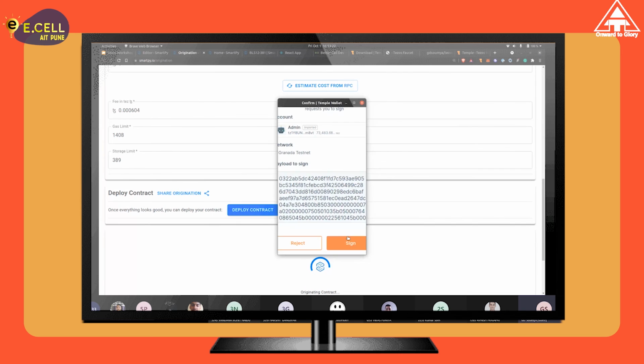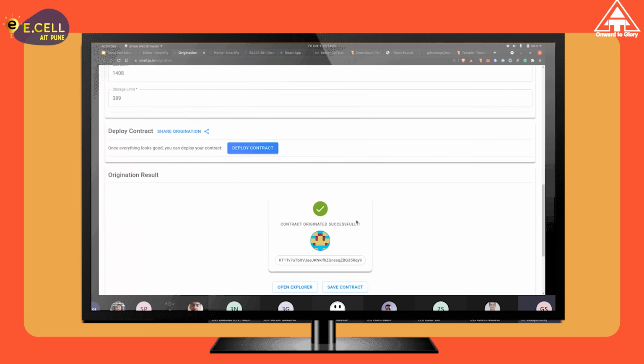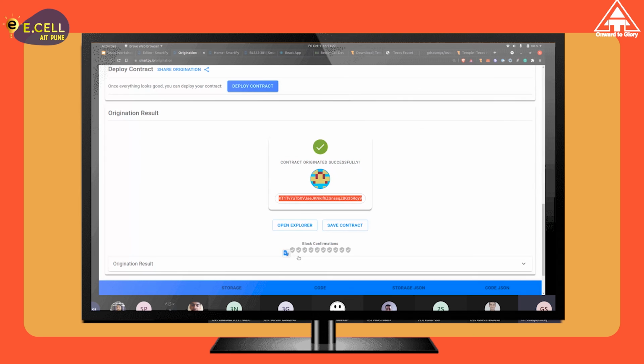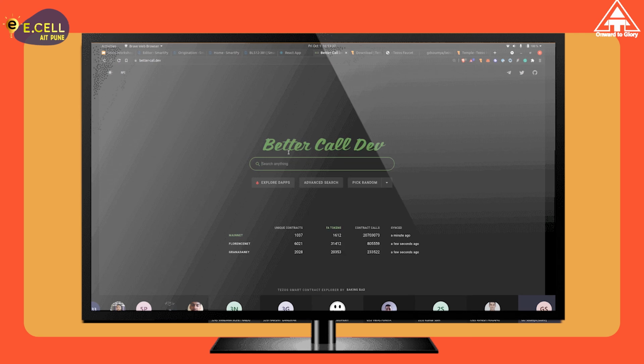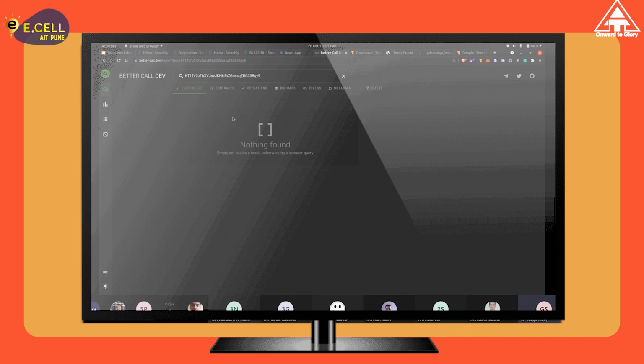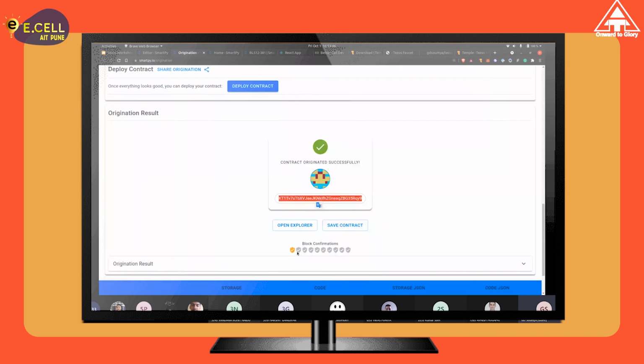Yeah, once you sign the transaction, you'll see something like this. This is your contract address. Once there are at least 2 or 3 confirmations, you can take this address and put it in the Better Call Dev thing, and this way you can see your contract. Right now I think we have a single block confirmation, so we'll wait a few more seconds and we should be able to see the contract.